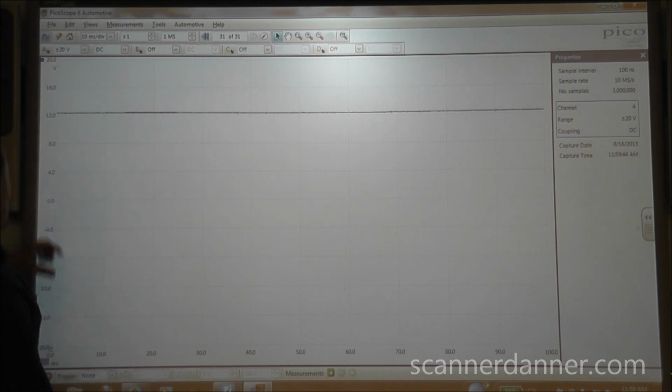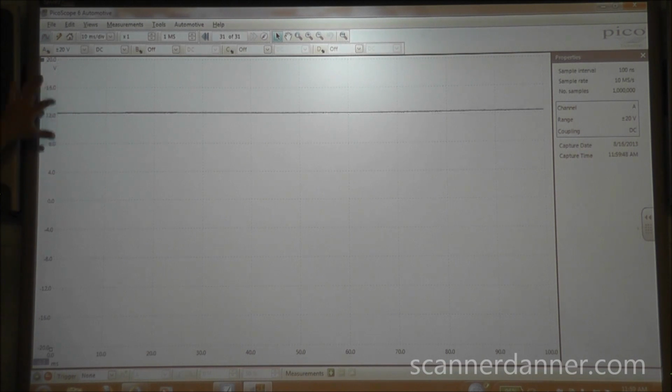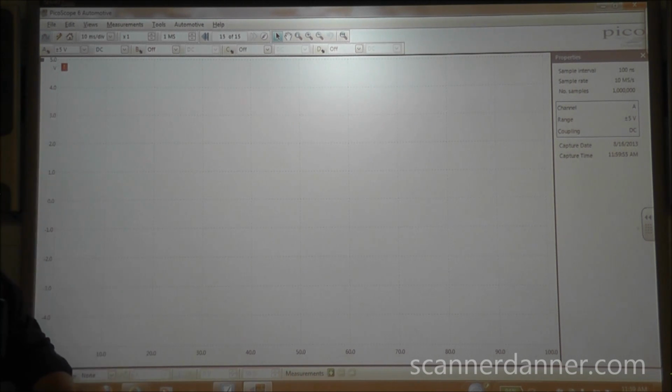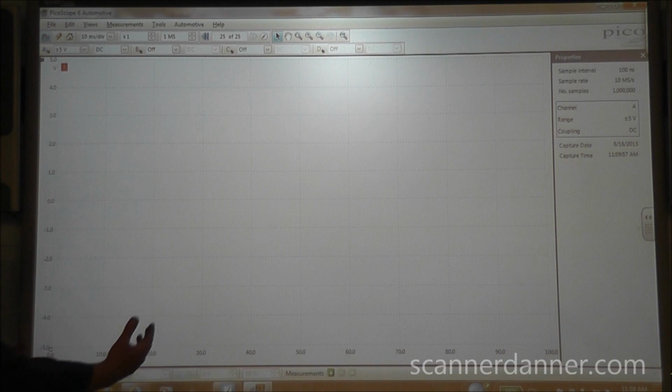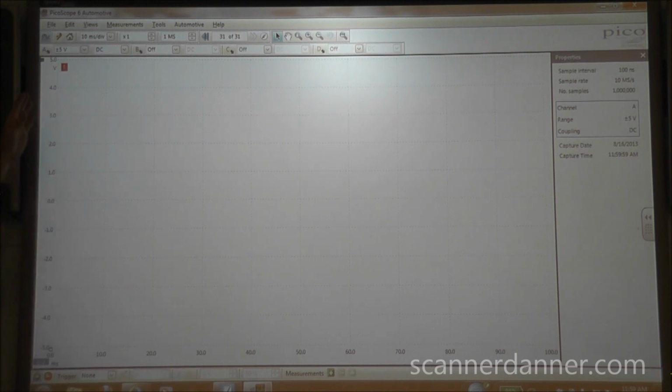As far as voltage goes, you can see on a 20 volt scale, each block is about 4 volts. In fact, it is 4 volts. If I drop this down to a 5 volt, each block is 1 volt each. So again, that's per division this way, and our